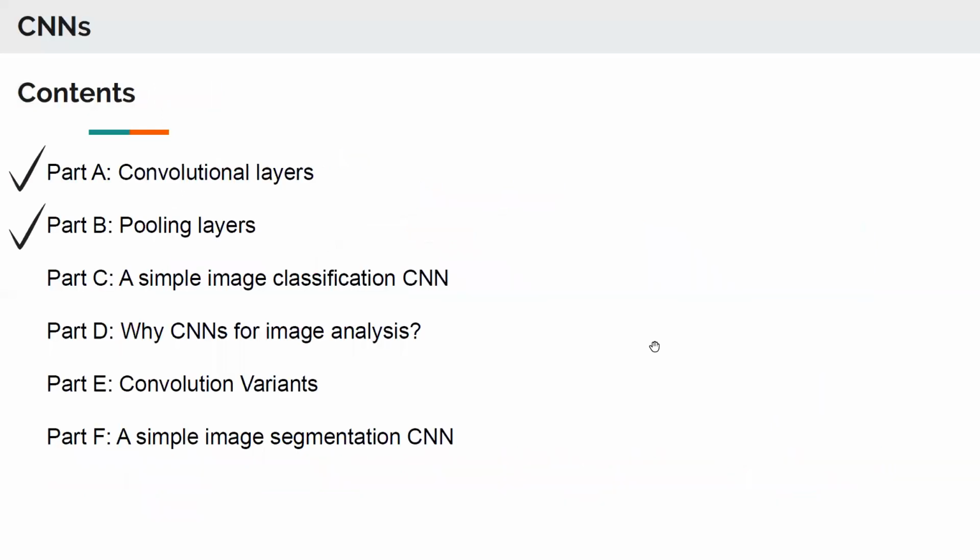Okay, so with this, we have now completed all the building blocks. We know what convolutional layers are. We know what the convolution operator is. We visually saw how it is implemented. We then discussed the various hyperparameters involved in designing a convolutional layer, right? And then we went to pooling layers. We saw the different types of pooling available. And now we are ready to put together a simple image classification CNN. So I will take a pause at this point, and we will continue from here in the next lecture or in the next part of the lecture.